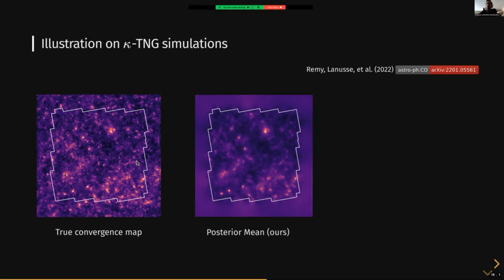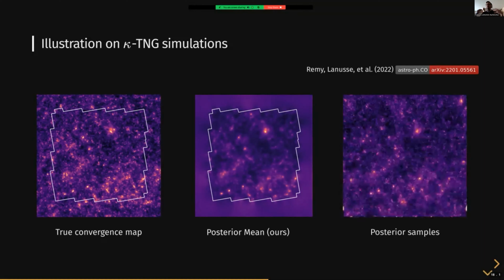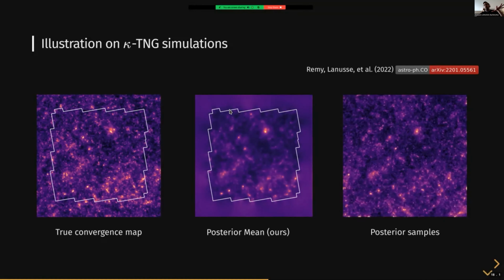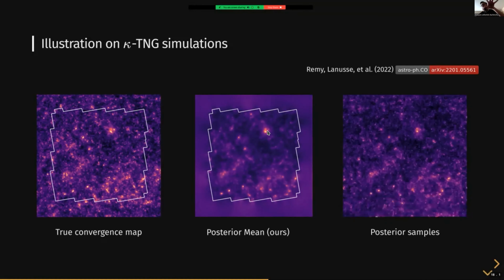And that's the solution that we get with our approach, where we train a deep generative model to learn a full prior over simulated maps. And then we sample from the full posterior distribution. And here, what I'm showing you is just taking the mean of those samples. And you can see that the mean retained a lot of detail about the true signal on the map, much better than those simple analytic priors were able to do. And because I also have access to posterior samples, I don't just get only one reconstruction of this field.